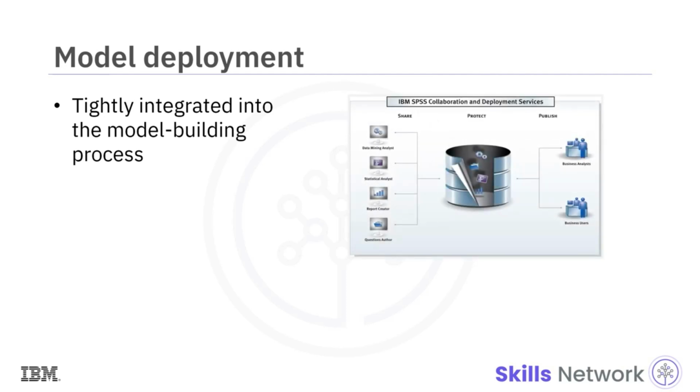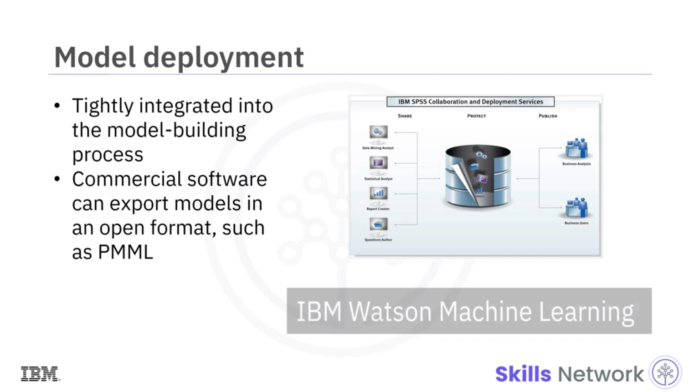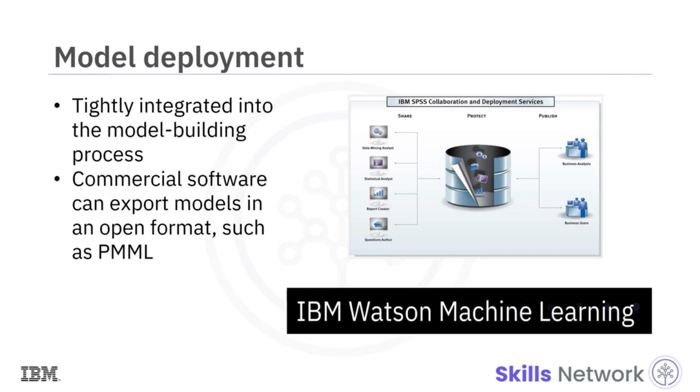Here is an example of the SPSS collaboration and deployment services, which can be used to deploy any asset created by the SPSS software tool suite. And the same holds true for other vendors. In addition, commercial software can export models in an open format. For example, SPSS Modeler supports exporting models as Predictive Model Markup Language, or PMML, which other commercial and open software packages can read. In addition, Watson Machine Learning deploys a model that makes it available to consumers using a REST